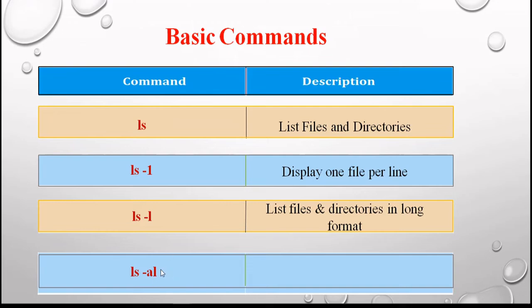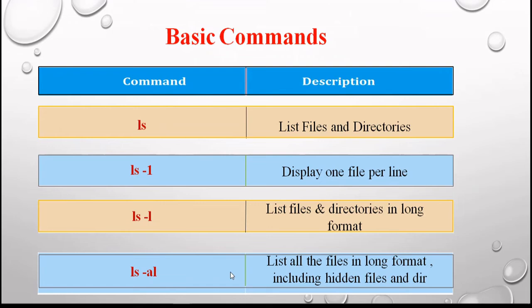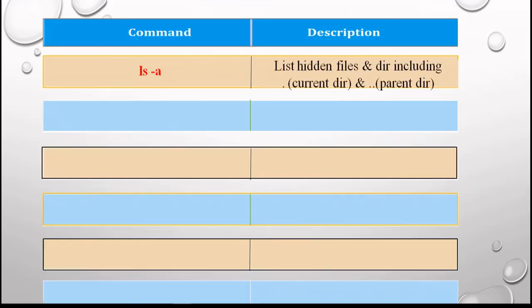Now coming to this command, this l is representing long listing. Here also it is representing long listing and here also. But in this case it is only representing the files and directories. But this a is representing hidden files also. So here in this case we will be seeing long listing format for all the hidden files and directories along with the current directory and parent directory. Then coming to this command, as we have studied in the last command, a is going to give you all the hidden files including current directory and parent directory. And then this capital A is going to exclude the current directory and parent directory.